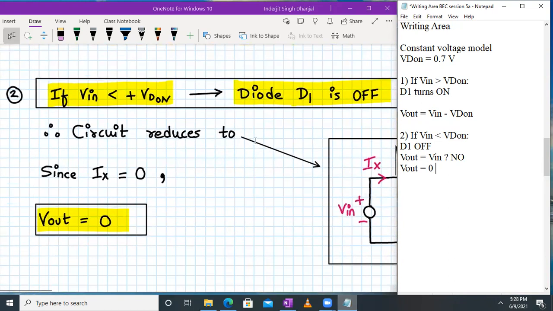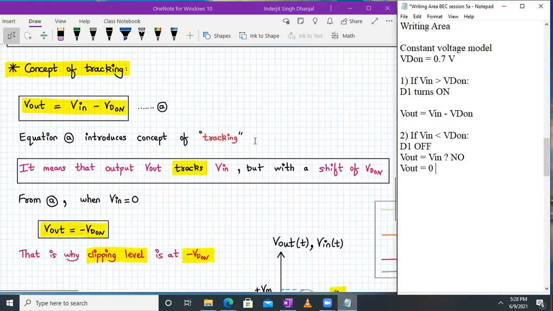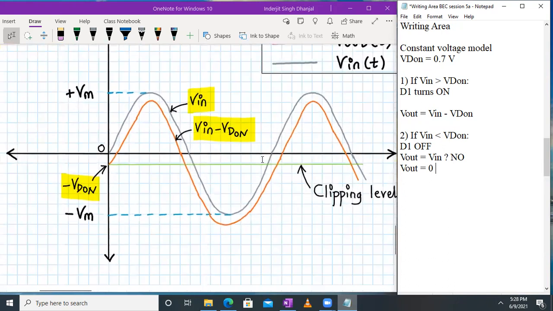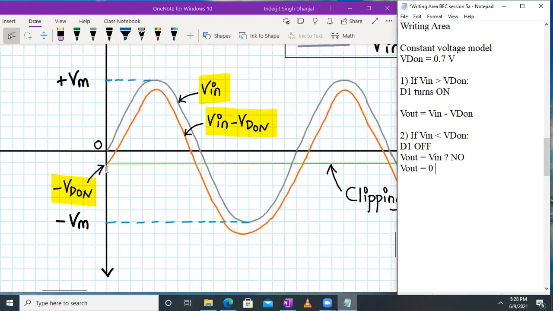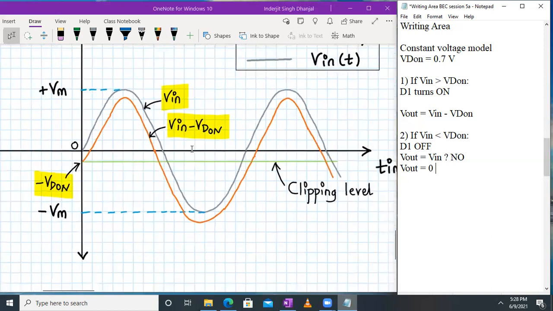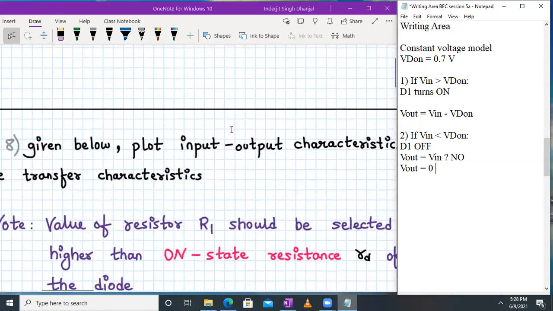So you must be thinking it's very simple to draw the output waveforms. No. First of all, you have to understand this concept of tracking. Whenever you see a series clipper circuit where a diode is connected in series, always draw this tracking waveform. The gray color one is the input, and always draw the clipping level. And with reference to the clipping level, draw the orange waveform. The clipping level might be up or down, it doesn't matter. So first draw the clipping level, a very light line, and then draw the waveform which is similar to the input. Okay. So after doing that, then you come to the output waveform.